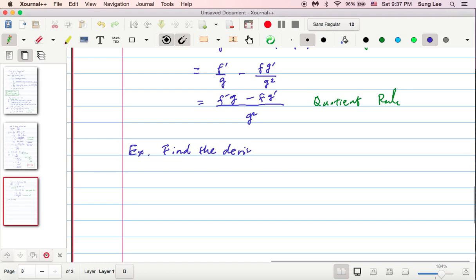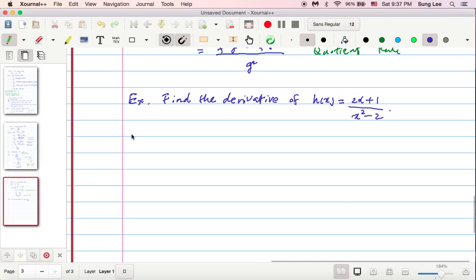Find the derivative of h of x equals 2x plus 1 all over x squared minus 2, okay? So here's a solution. Using the quotient rule,